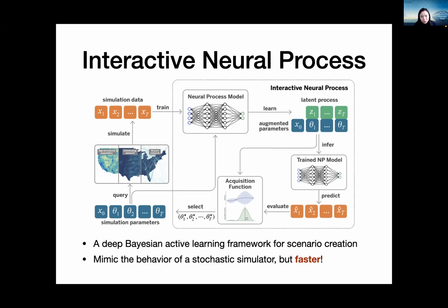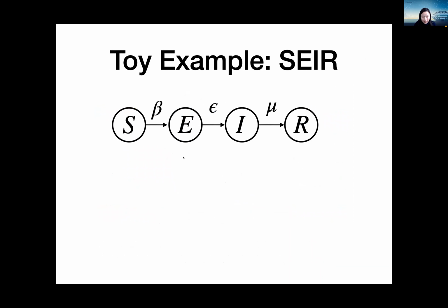It doesn't have to go through expensive numerical integration or Monte Carlo sampling. So just to test whether this pipeline works, we start with a toy example of SEIR. An SEIR model is a discrete Markov chain. It has 4 different compartments, and the transition from state S to state E is characterized by this transition parameter